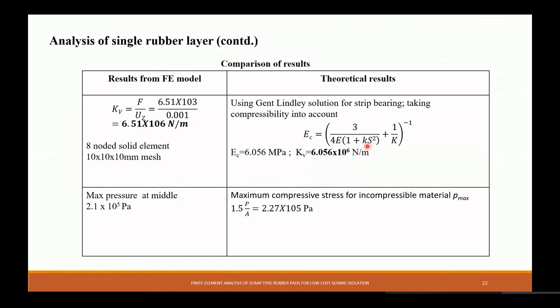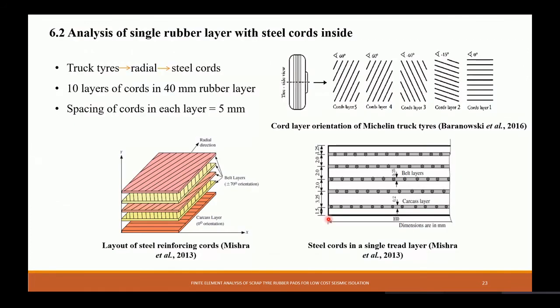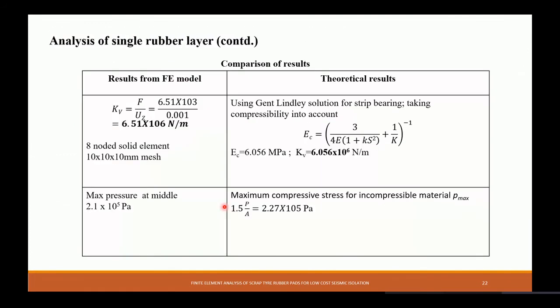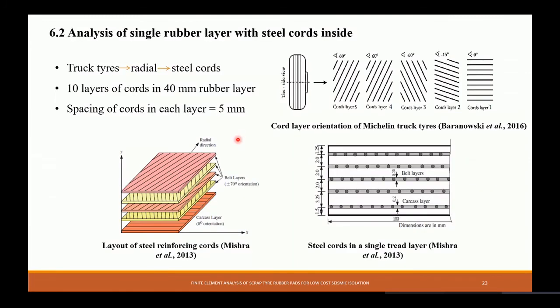And here we have utilized basically the G of 0.81 that we have determined experimentally. Okay. And if you look at the maximum pressure at the middle, it is 2.1 into 10 to the power 5 Pascal. And analytically, it was obtained as 2.27 into 10 to the power 5 Pascal. Okay, so finally, once we had compared with analytical results, we wanted to do the actual analysis, and this was